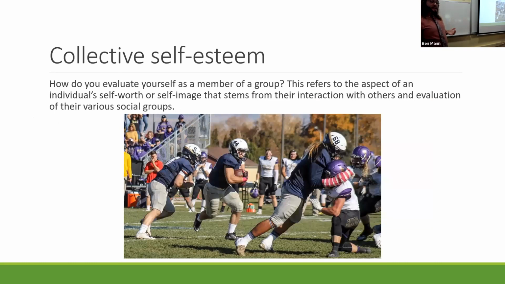And then we also have this idea of self-esteem and how you value yourself within a culture or group, right? How you evaluate yourself through collective esteem and the relationship between your self-esteem and a culture is an important element of culture and how we come to develop and understand culture as well. Again, you think about something like a football team here at EOU, right? And you might think about how those elements could shape how you understand your participation.